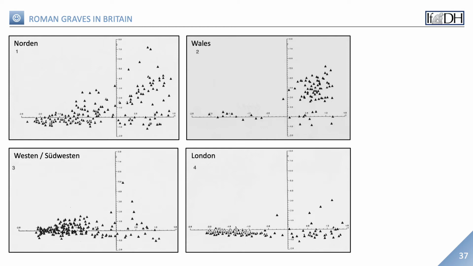In the north of Britain, body and cremation burials with cremated material and primary grave goods are attested, while in Wales, cremation burials with cremated material and primary grave goods dominate the picture. In the west and southwest, inhumations predominated, while in the southeast, cremation burials without cremated material and primary grave goods